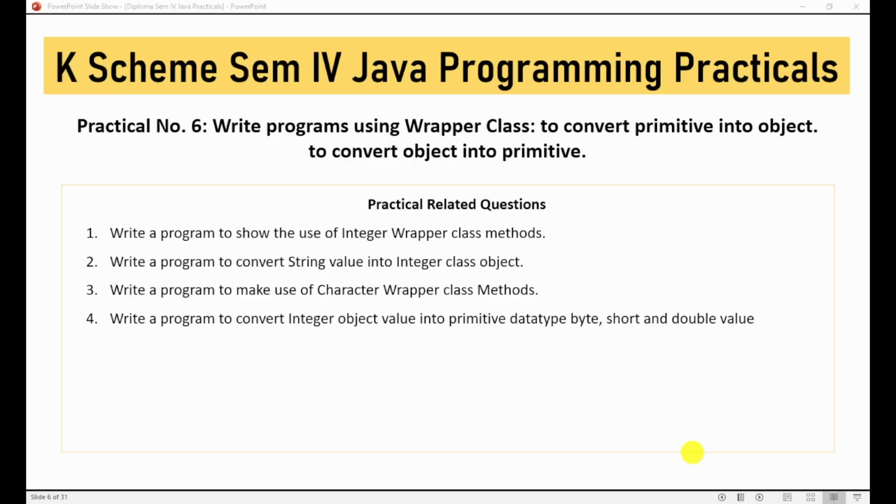I am making this video to provide practical knowledge to all students so that you can develop your own programs, which will be helpful for your studies as well as career. So in this video we will see practical number 6 of Java programming, which is related to programs using wrapper classes. Using those wrapper classes we will be converting primitive data types into objects and objects into primitive